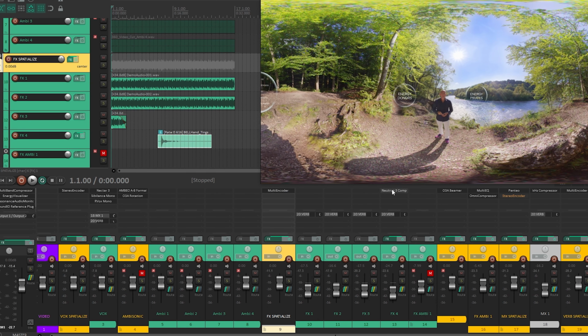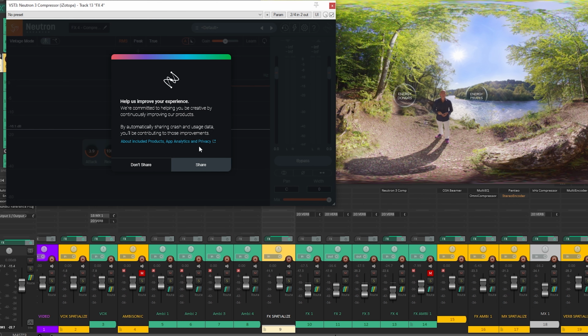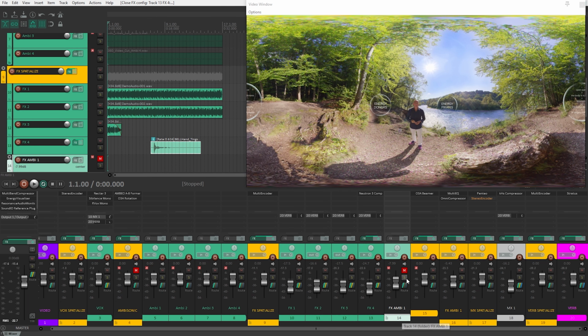Okay, pretty nifty. And again, you can see we have a compressor on this track. Again, this is just a typical stereo compressor, and because it's in a mono track, and then once we convert it to Ambisonics, then it's an Ambisonics format, and we can't use typical mono or stereo plugins. But in addition to these effects here, we also want to have a kind of ambient effects that represent the